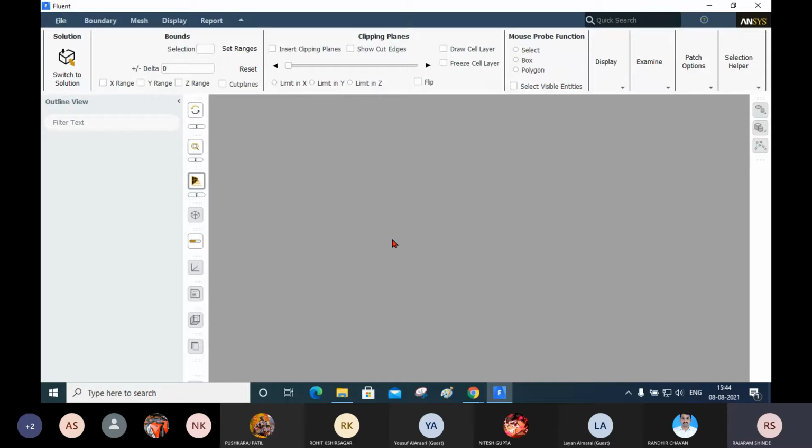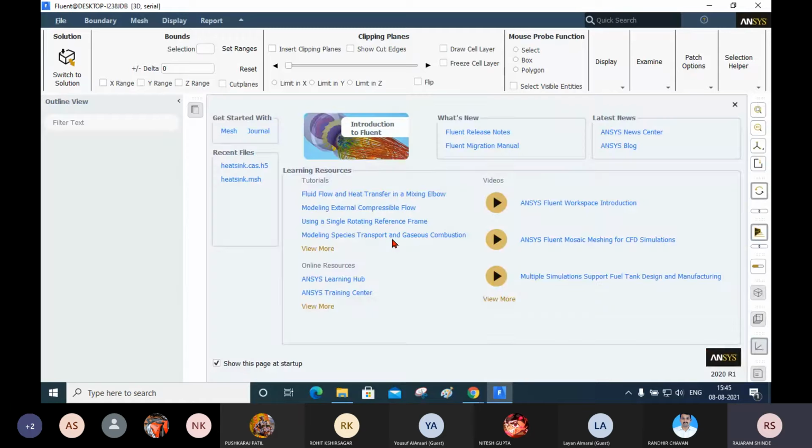It has started. Now see here, without any file, when we open Fluent, it will be opened in the meshing window like this. Now I have to import the file, or read the mesh.